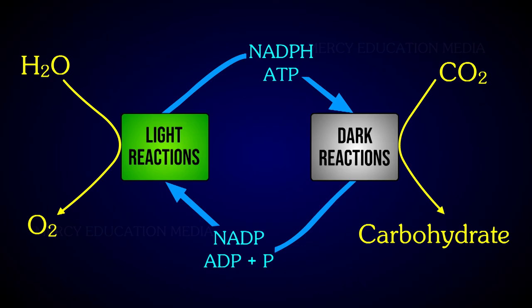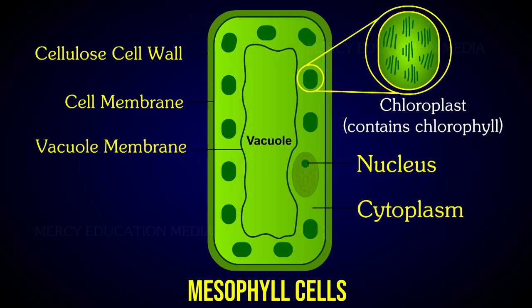In light reactions, ATP and NADPH2 are produced and oxygen is released as a byproduct. Carbon dioxide is reduced to carbohydrates by dark reactions. In C3 plants, both light reactions and dark reactions occur in mesophyll cells,